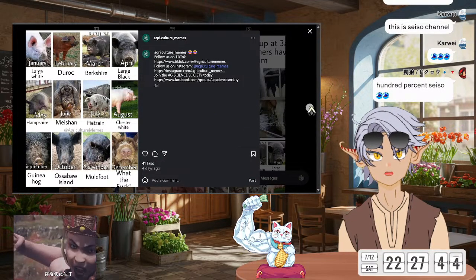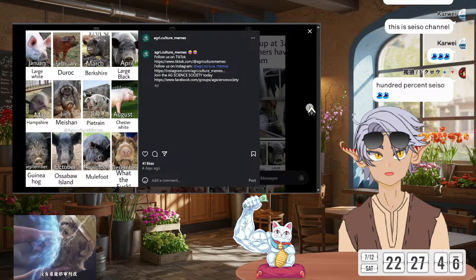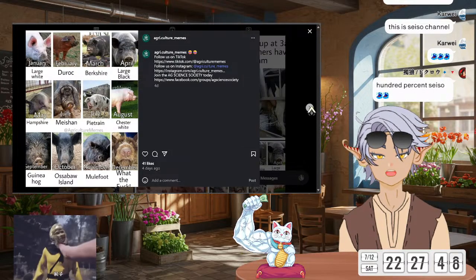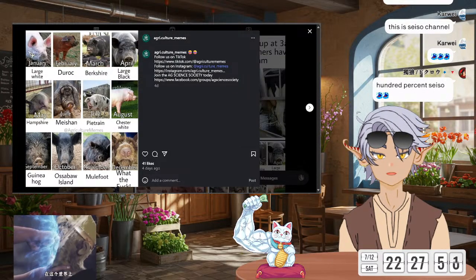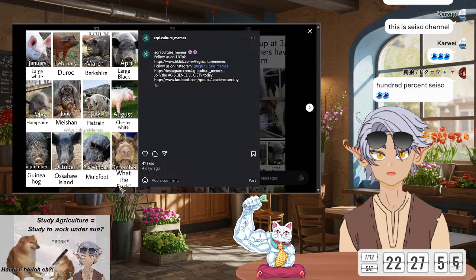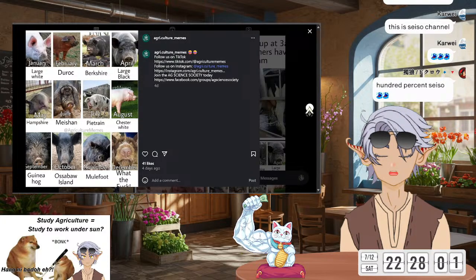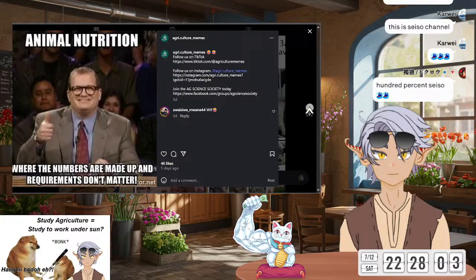This one is a variety of pig, variety of babi. We got large white, this. What the fuck? Muller food or kind. I never see this before. Okay. So much animal. I think people who study animal science have more stress than plant science.